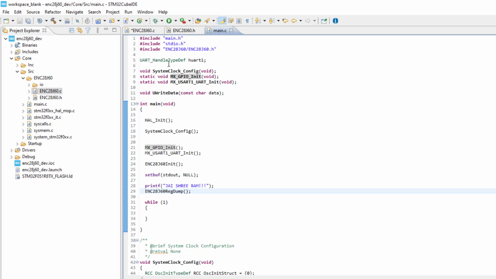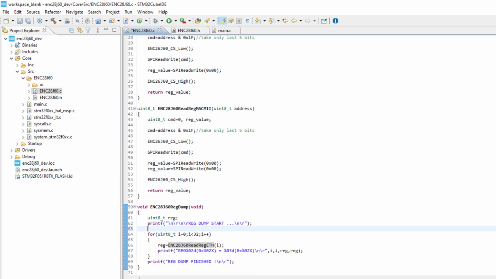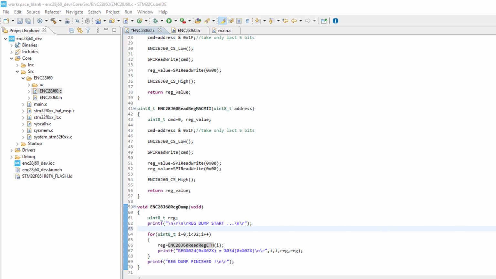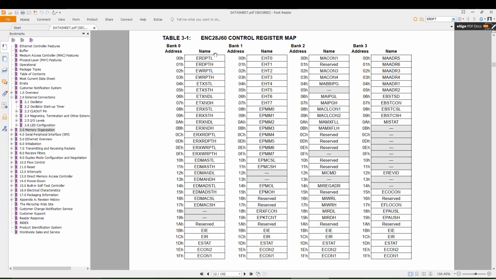So as soon as you upload this code to your microcontroller and run it, it should dump the registers. In the previous video I discussed that the register set of the ENC28J60 is divided into 4 banks: bank 0, bank 1, bank 2 and bank 3.